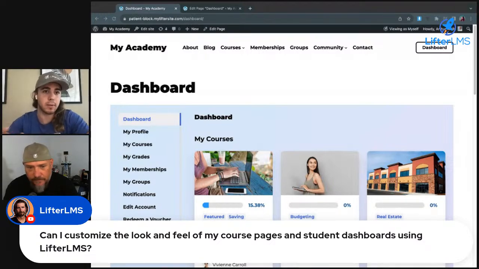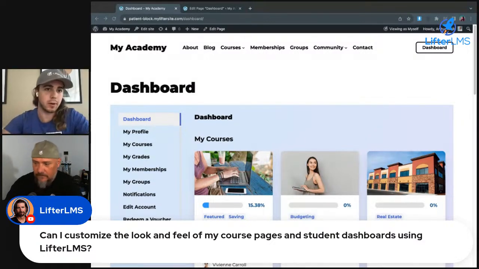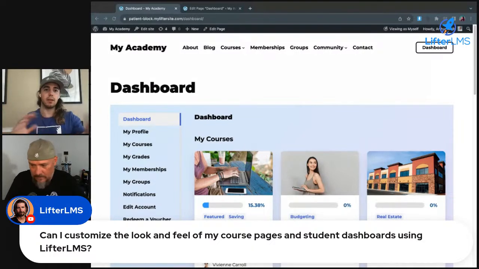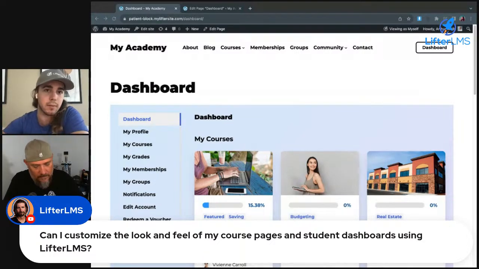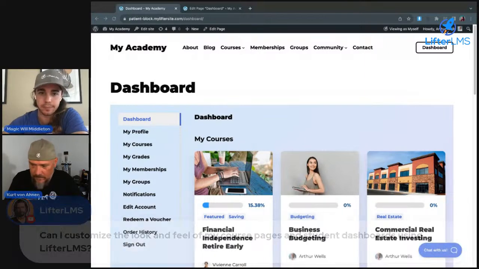But then there are other LifterLMS site owners who want to be hands-off with the project and want to basically describe to the developer and content entry person what they want, and then just have it come together. They have the content, they just don't want to do anything with the text. So there are a few different levels of engagement with a WordPress website, and it's important to figure out where we're at with that.